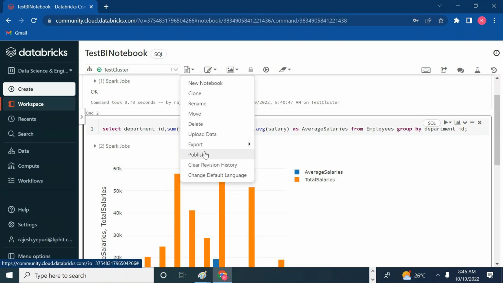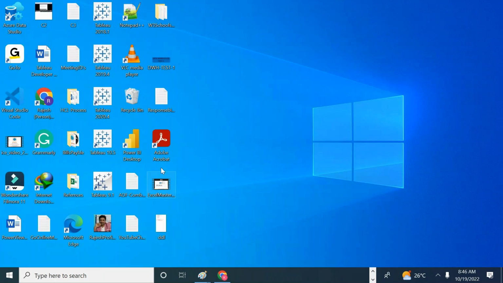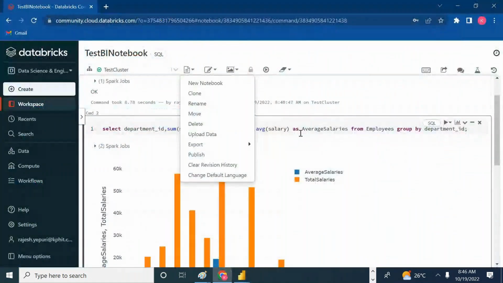When you publish, it will be published as a workspace, so that the workspace can be extracted with multiple BI tools. For example, I have Power BI and I have Tableau. So that is the whole BI environment we have. We will talk about some part in Tableau, some part of things I'll cover in Power BI,